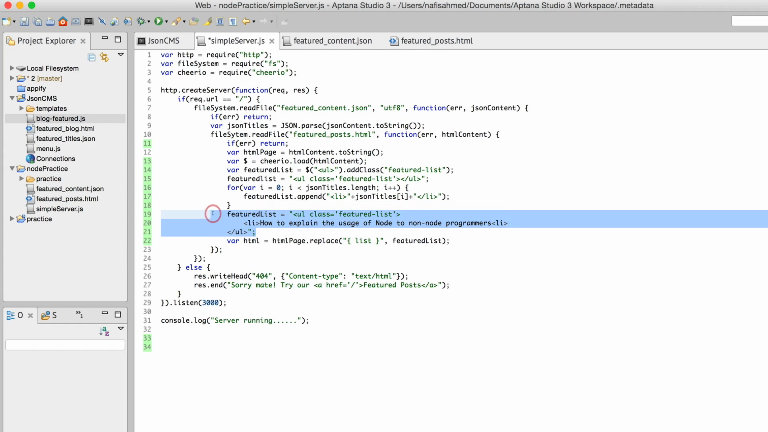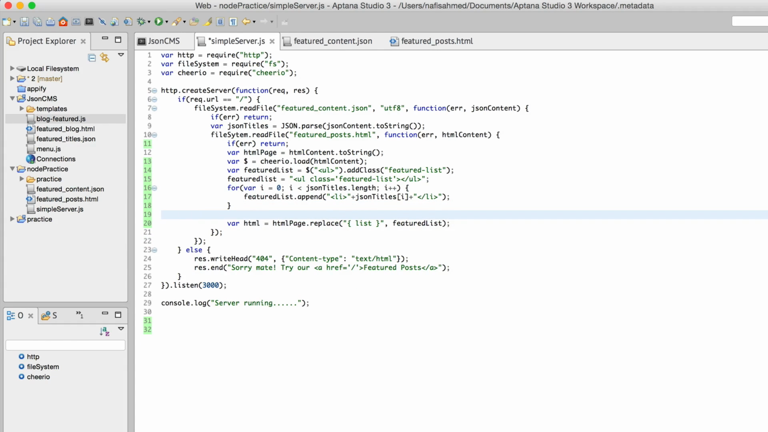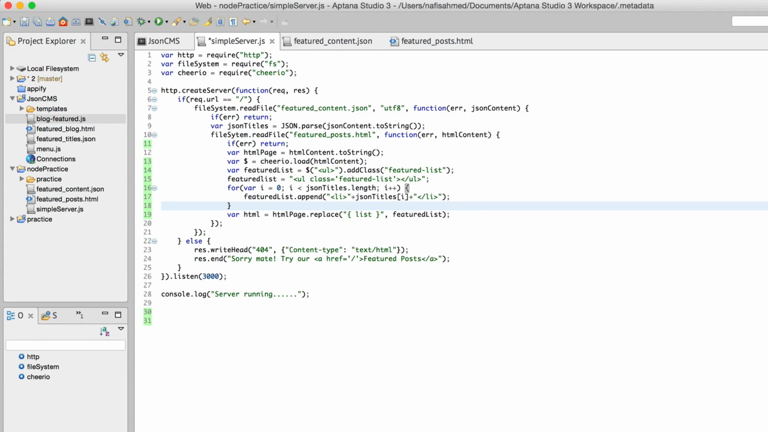So because we are telling the compiler to look into this HTML page variable, and this HTML page variable is a string, because we have taken this content and turned it into a string using this toString method by applying this toString method on this raw